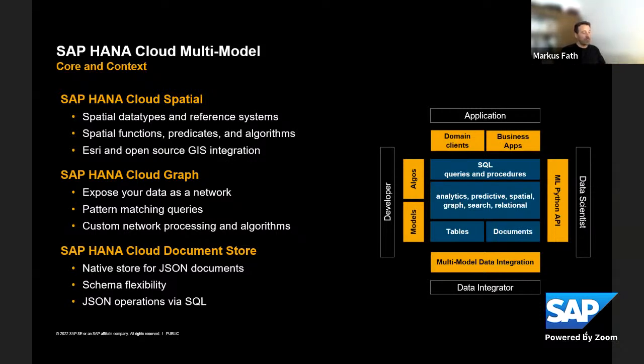To round off the multi-model capabilities here, I mentioned the JSON document store. It's an alternative store to what we usually have in tables. It allows you to persist JSON data and query it from a SQL perspective. All of these are core capabilities of SAP HANA Cloud, and they are embedded into that context, which I already